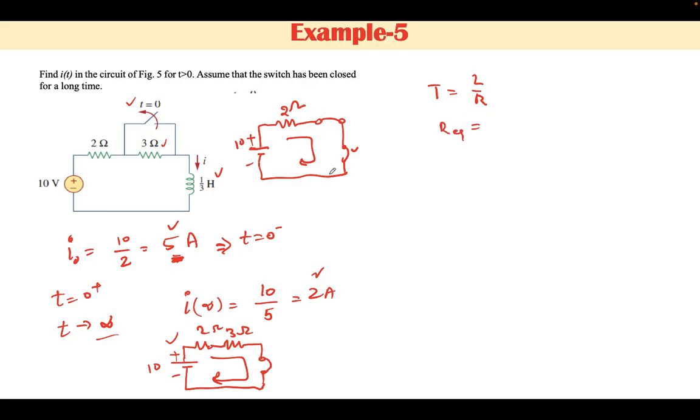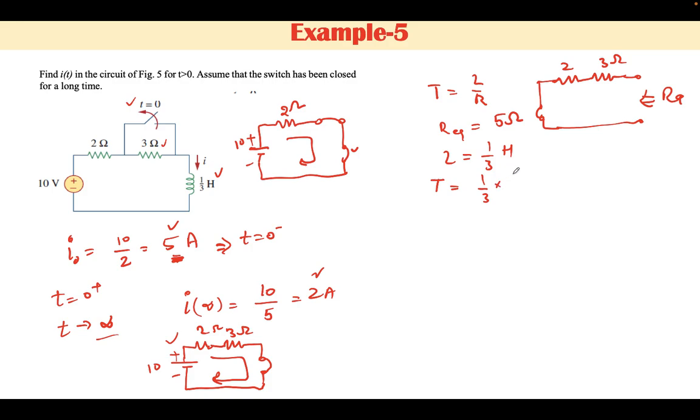Now finding L by R, the R is R equivalent. R equivalent of this circuit is found when all the sources are removed from the circuit, then the internal resistance of the voltage source is 0, and it is creating a short circuit. Then we have two resistances, 2 ohm and 3 ohm across the inductor. Now the equivalent resistance of this network R equivalent is 5 ohm, whereas the inductance of this network is 1 by 3 Henry. Therefore T of this network will become 1 by 3 into R, which is 5, that is into 5, is equal to 1 by 15.